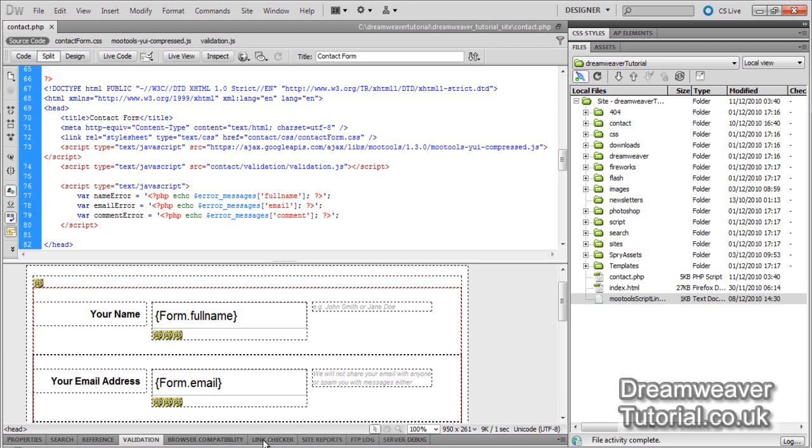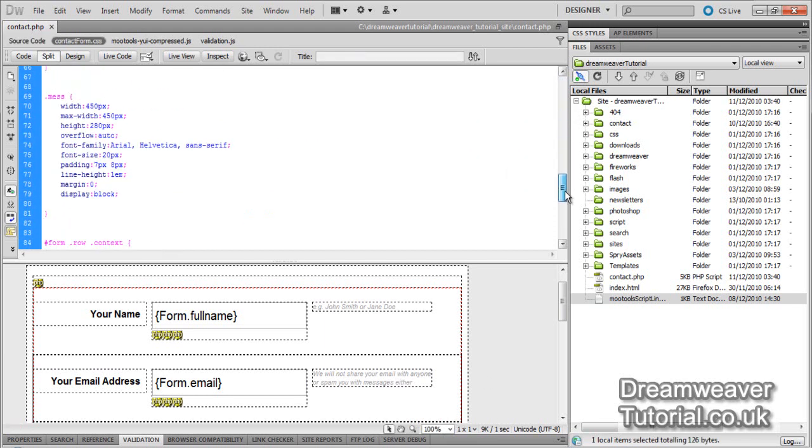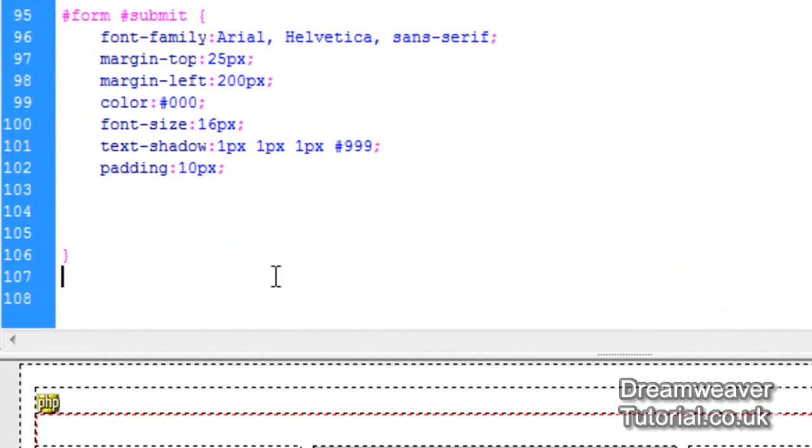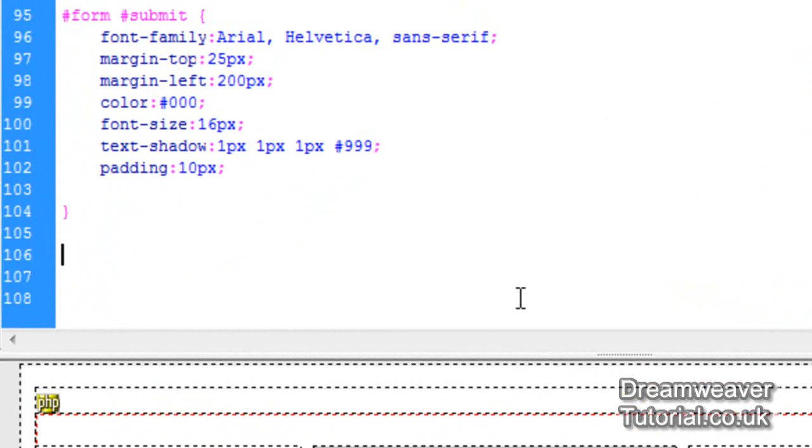Let's attach the image to the front of our validation error messages on our form, and we can do that by switching to our CSS style sheet for the form, and we need to create a new selector. So go to the bottom of the style sheet, and the validation messages appear inside of a span tag. And we'll create the selector to target the span tag. So let's type span.error, open and close curly braces,